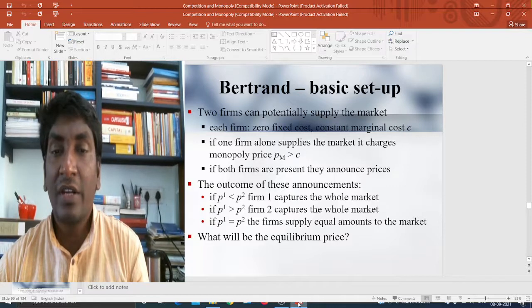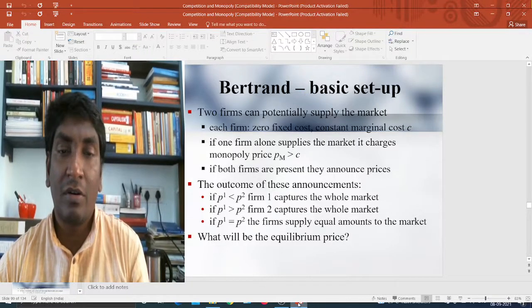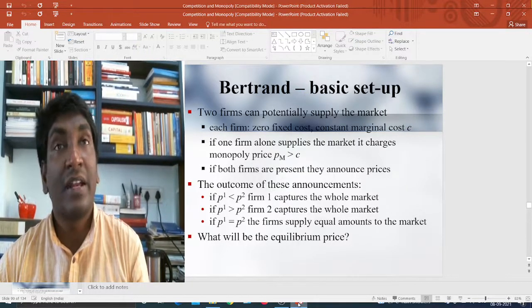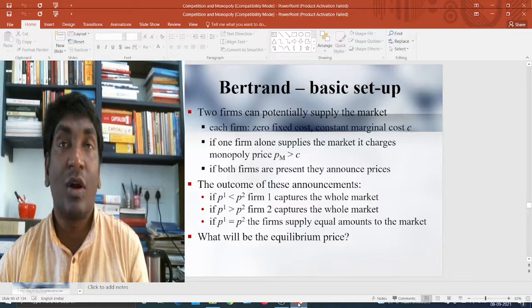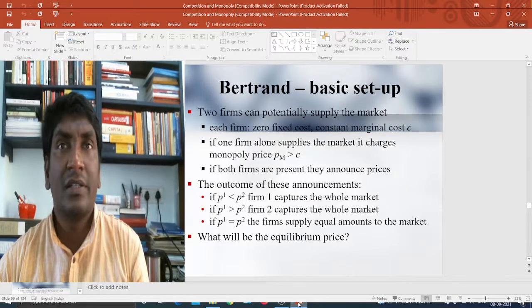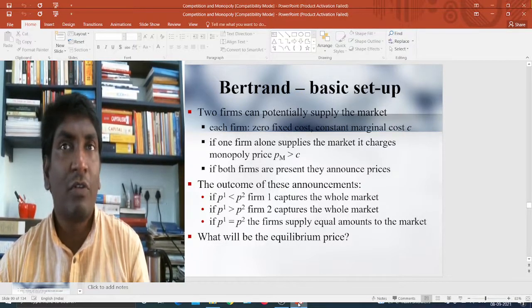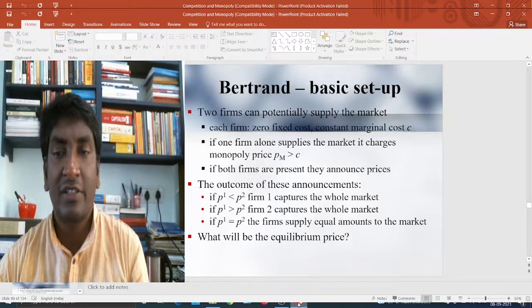Now, because you don't have a fixed cost per se, the constant marginal cost is another thing. That means if that is the case, again it is quite interesting. Once you have a marginal cost which is constant, then the difference of the difference is going to be zero. Therefore it would be a horizontal line in that sense.